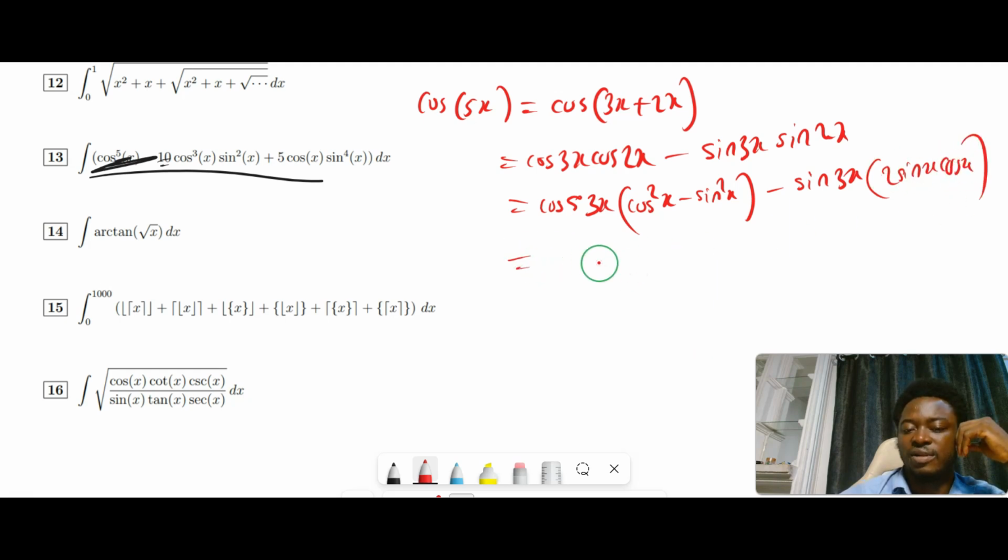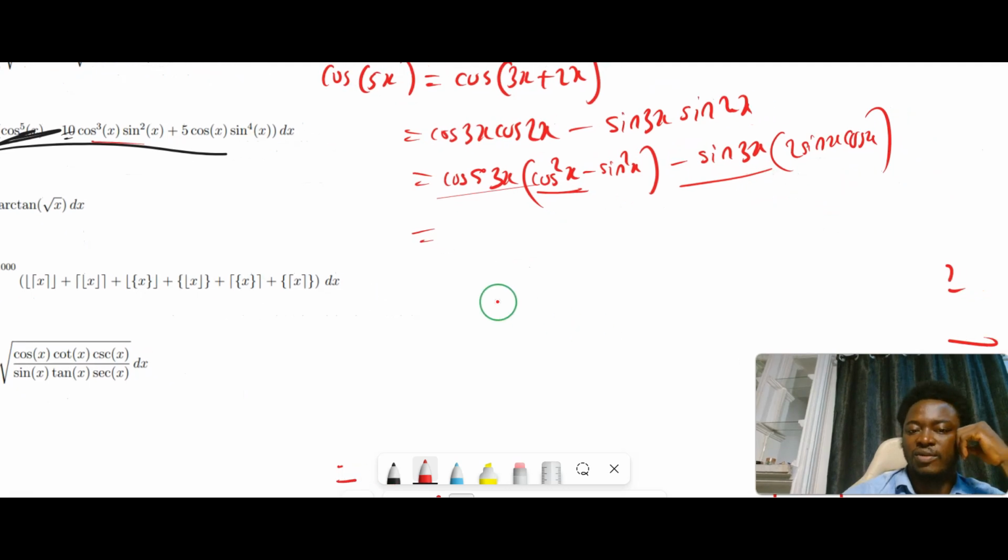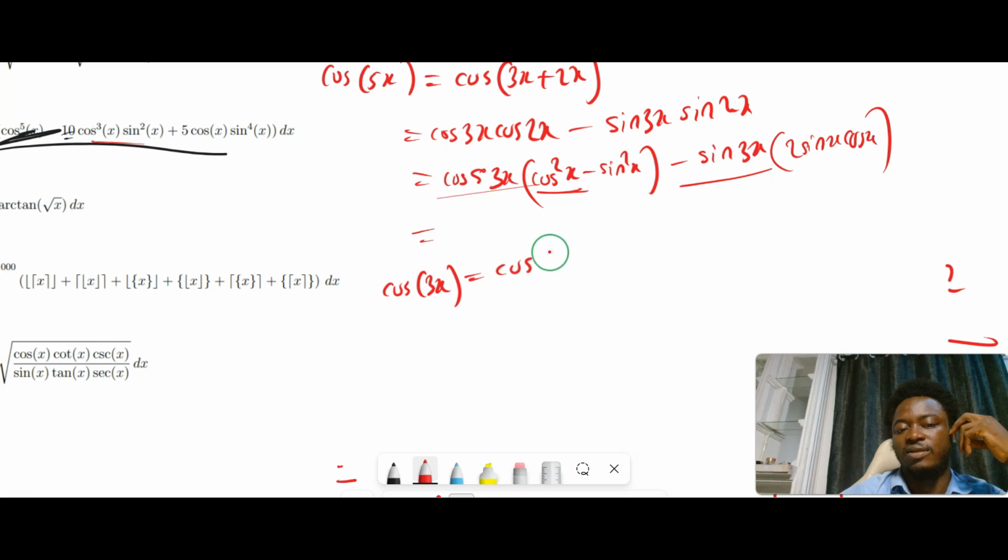So you have this would be 2 cosine... Okay, let's just leave it as this power. So let's just find cosine of 3x and sine of 3x. So that's that. Well, cosine of 3x again is basically cosine of 2x plus x, which is